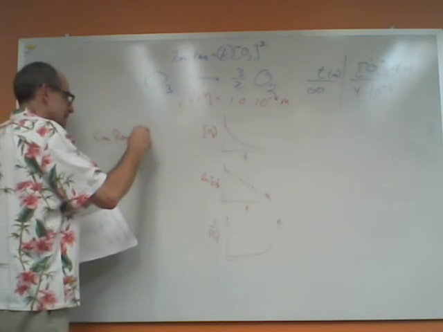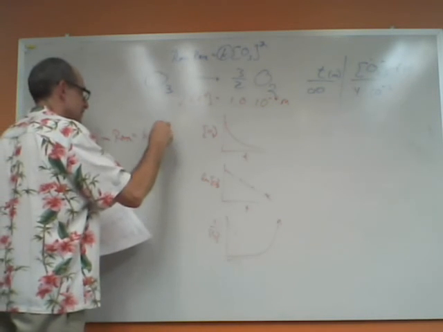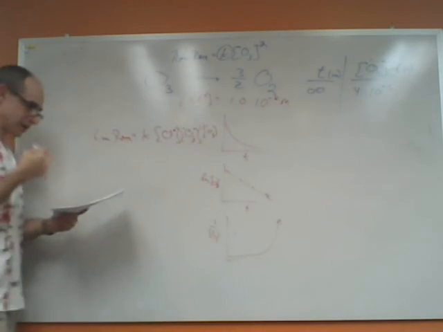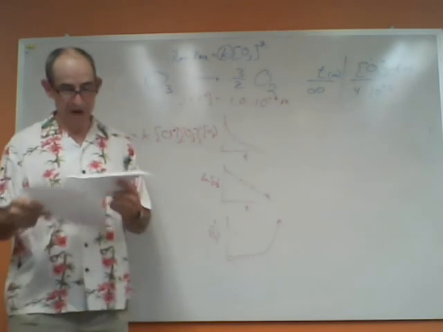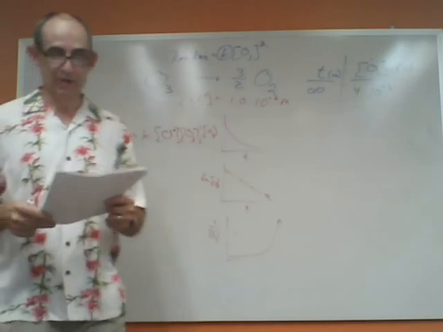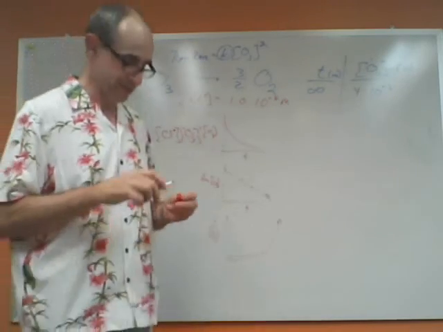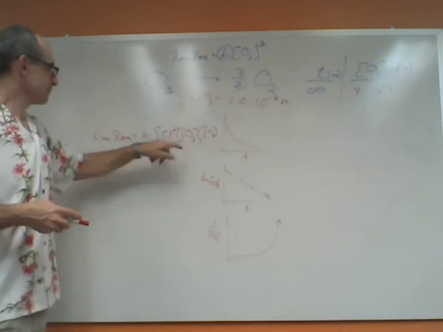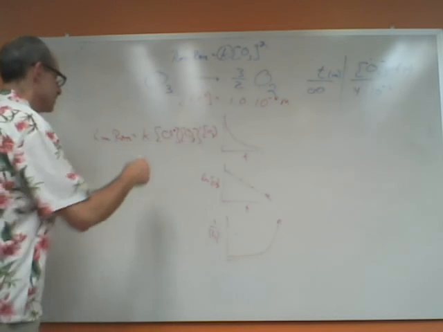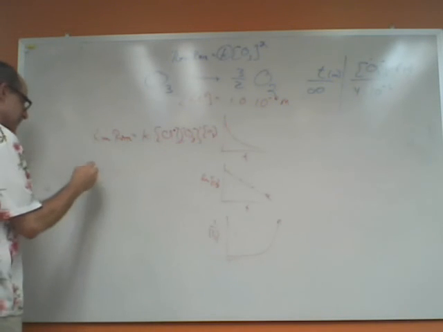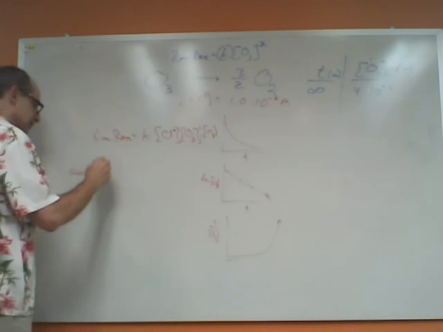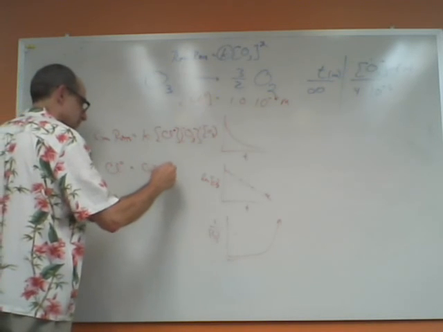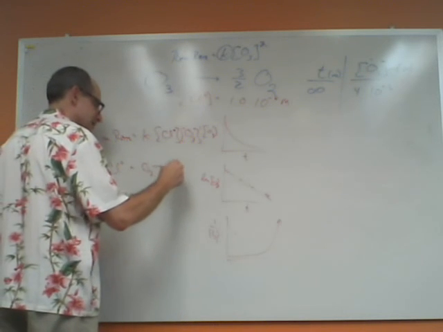Reaction rate would be K times the concentration of atomic chlorine times the concentration of ozone, both of those to the first power. And then finally, you're asked which of these reaction mechanisms would be consistent with this rate law, and since the rate law reflects the stoichiometry of the rate determining step, it'd be pretty clear that the slow step would involve the collision of 1 chlorine atom, not molecule but atom, with 1 ozone molecule,